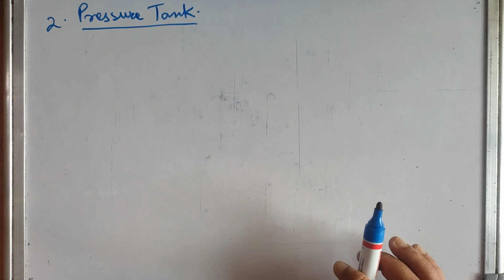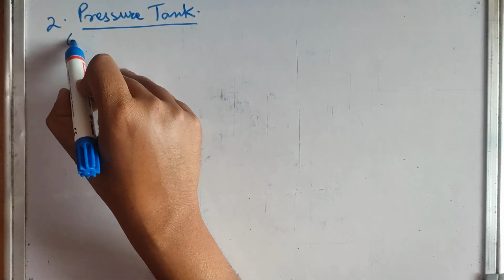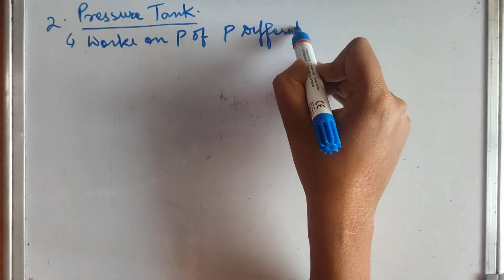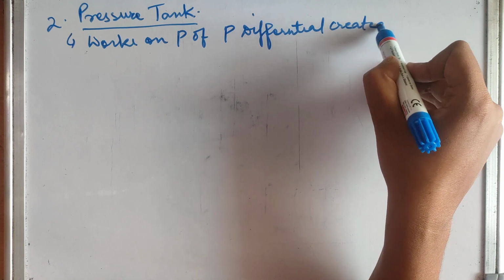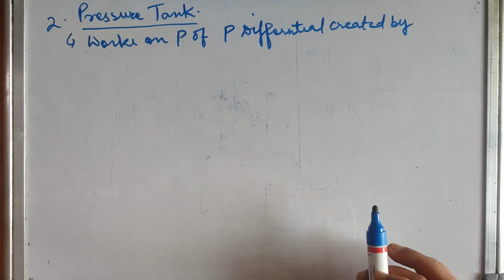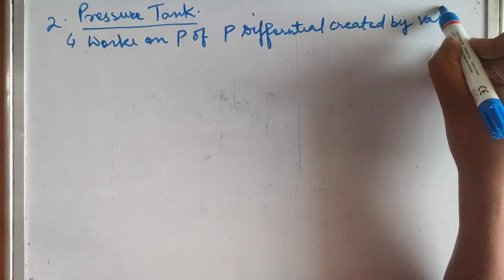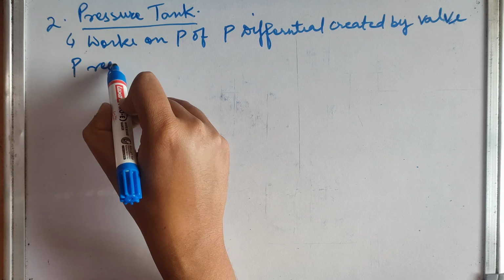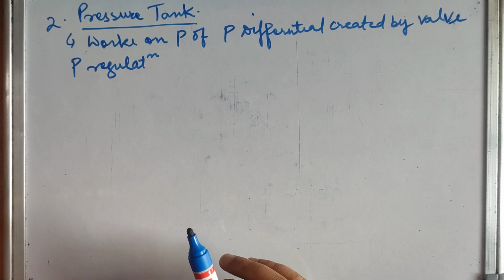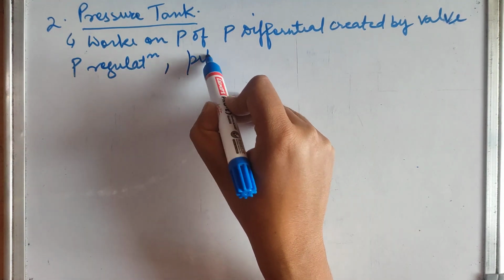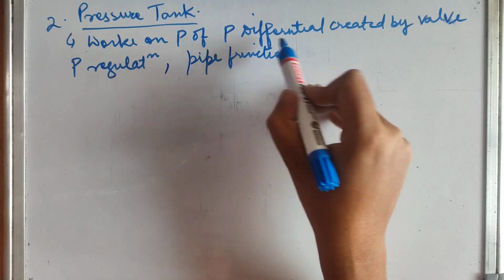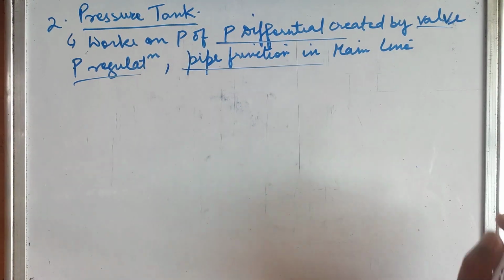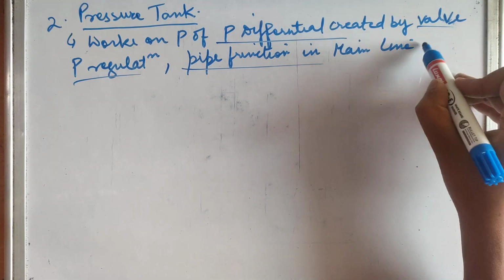Pressure tank. It works on the principle of pressure differential created by valve pressure regulation and pipe friction in the main line. The pressure difference forces the water